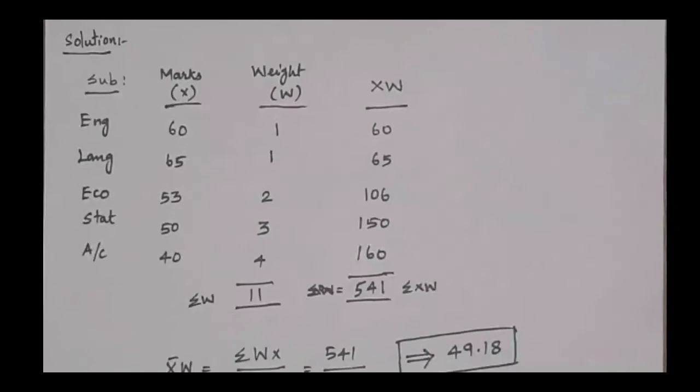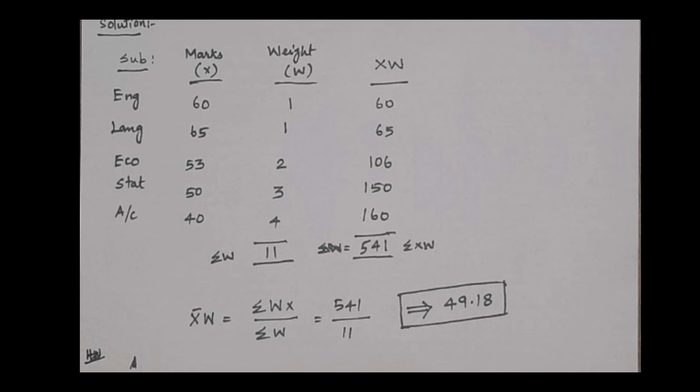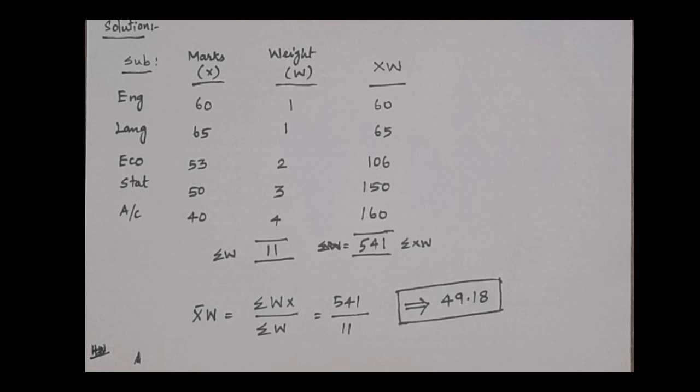When you go to the solution, this is the weighted arithmetic mean. The subjects are as usual given in the question, and these marks are also x, and this is not f, this is w. In the previous presentation, for the normal arithmetic mean, we calculated x and f, but here the weight is given in place of the frequency. So in x we need sigma wx, or xw.